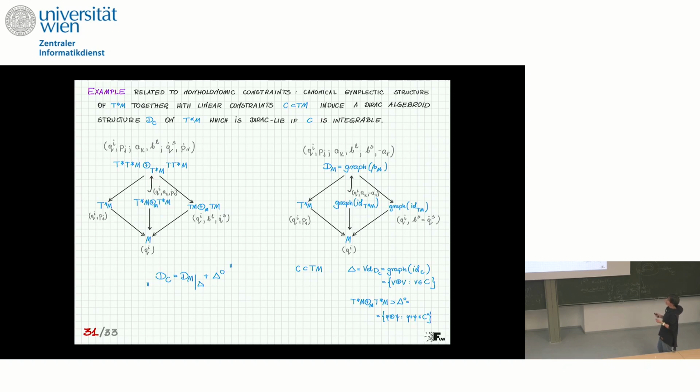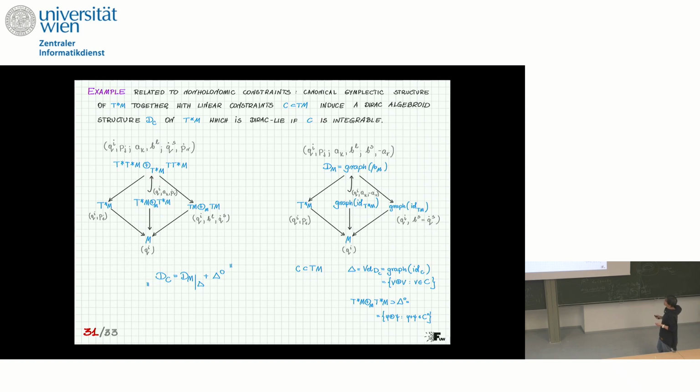For simplicity, I will start with the canonical algebroid of the tangent bundle. And I have constraints which are non-holonomic, so it is not a subalgebroid. What I'm going to do, I'm starting from this initial Dirac structure, the canonical Dirac structure, and inducing a Dirac algebroid by using this C. So what I do,